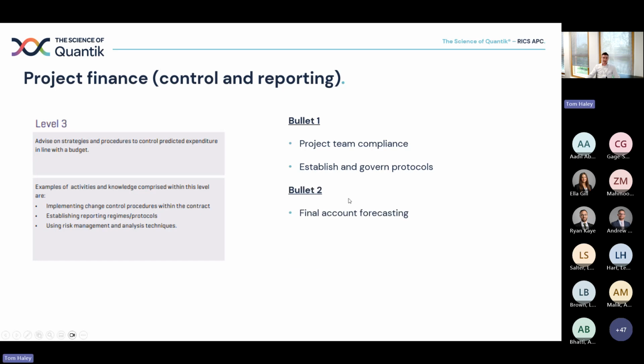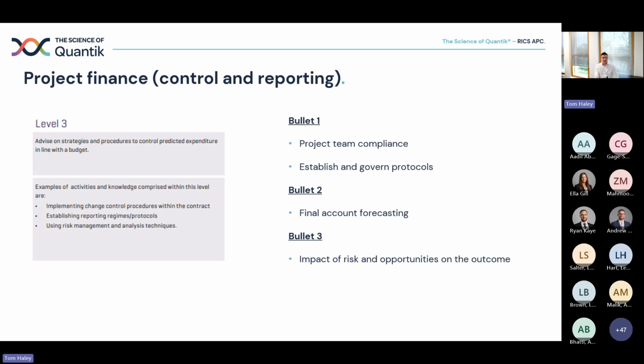Bullet 2, project finance control and reporting. So final account forecasting is advice. You are, and speaking to bullet 3, often giving advice to your client or to your business about the impact of risk and opportunities on the outcome of the project costs. So